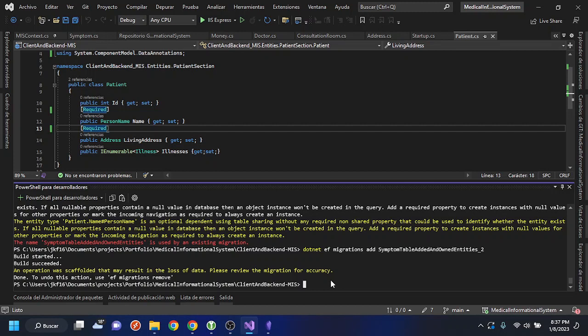Please review the migration for accuracy. An operation was scaffolded that may result in the loss of data. Please review the migration for accuracy. Okay, and now I have to create the dotnet ef migrations script